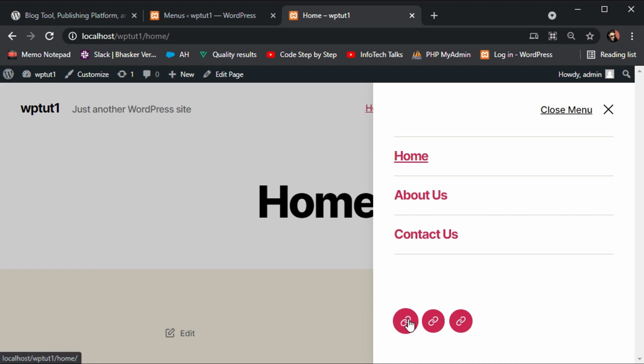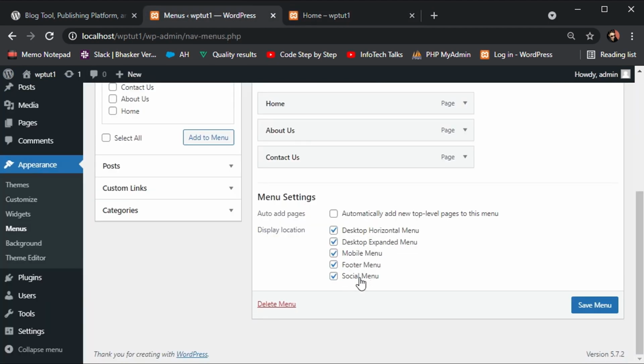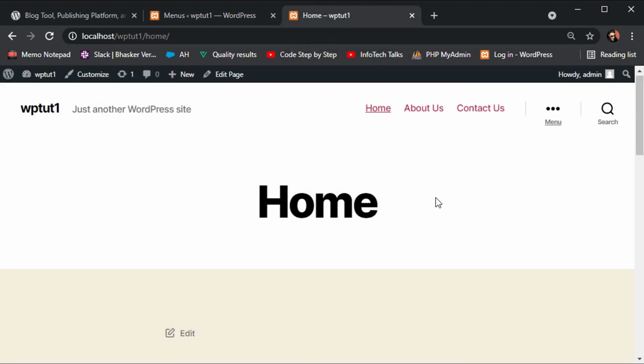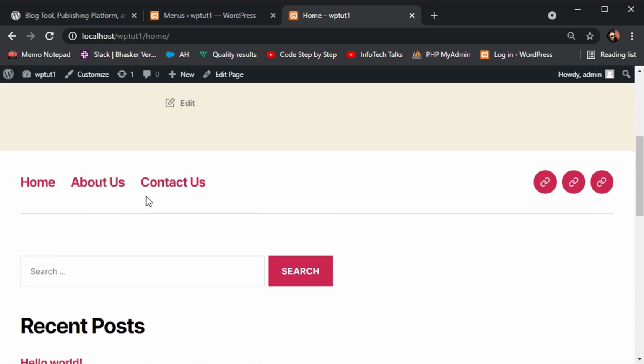Okay, by clicking this is the home, this is about us, and this is contact us in same order, because in the menu option we selected social menu, because in social menu we want to give the same pages, so we selected this under social menu. Okay, close this, go down, and you will see these options are also available here.